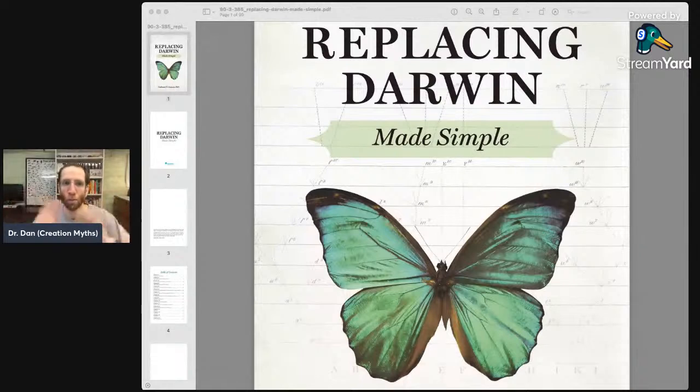And now let's just talk broadly about this book. Big picture, what's the deal with this book? Like I said, it's shorter, simpler, and less technical than the original Replacing Darwin, but he makes basically the same claims. That means this book is just full of assertions. The problem is, because it's less technical, he makes basically no effort to back up a large fraction of them.